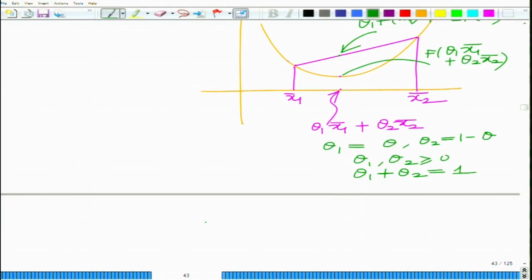So, this is a convex combination of 2 points,